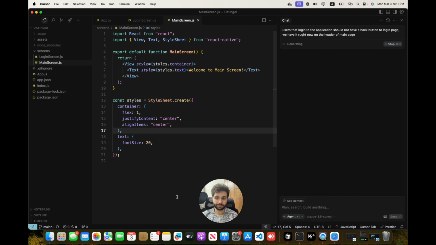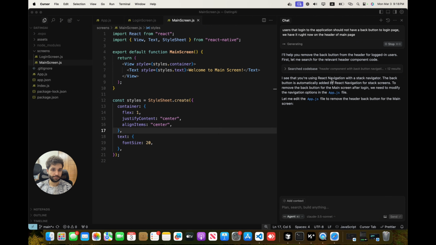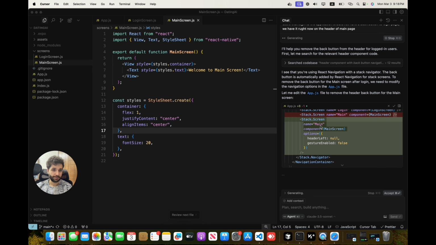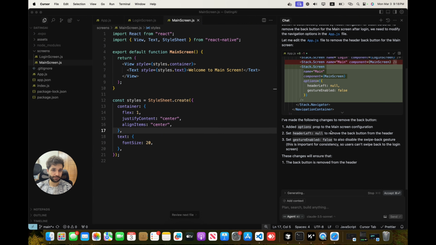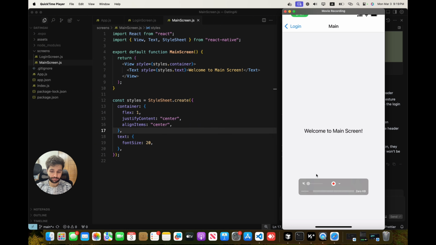So let's move myself here. Let's see what's the response. Again, it's searching in our code base. It's adding some changes in our code. And here we can accept all the changes. If I accept that, and let me share my screen, try to log into the application, still let me re-render that